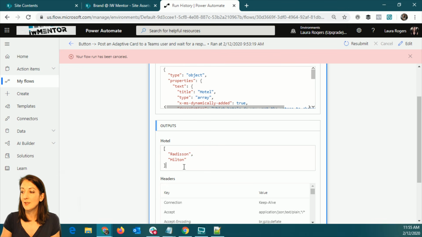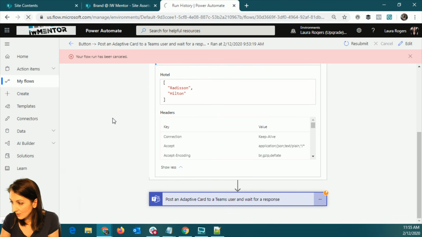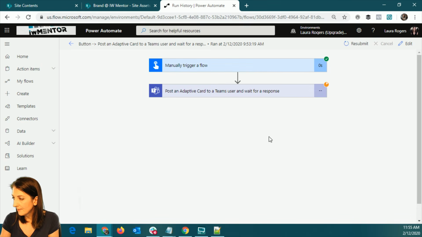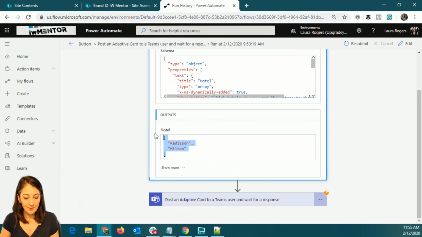I need to know this because I want to be able to have some dynamic list of stuff presented to somebody in an adaptive card. I need to know how to structure the data. So let's go look at, let's see, I cancel this, so it shouldn't still be sitting there waiting, but okay, let me go edit it. So let me copy this syntax real quick